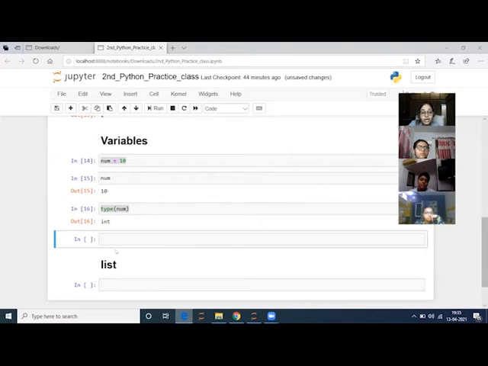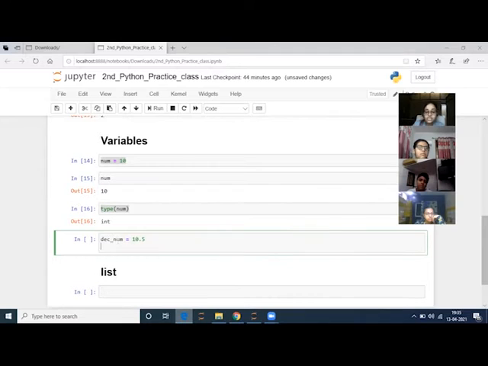Now we will initialize a decimal number. Let's see how we will store a decimal number and how we can check what machine has understood about it. So let me just write the decimal number, and I will initialize 10.5 and I will run the cell.